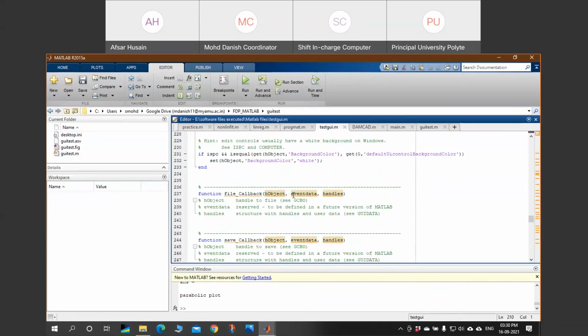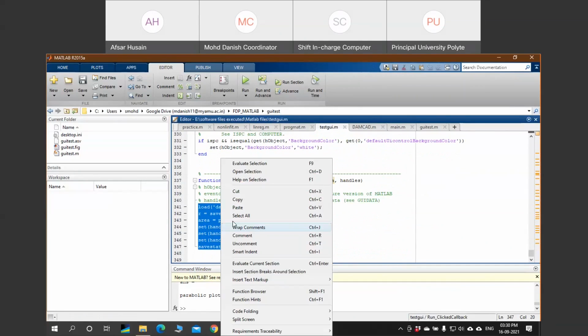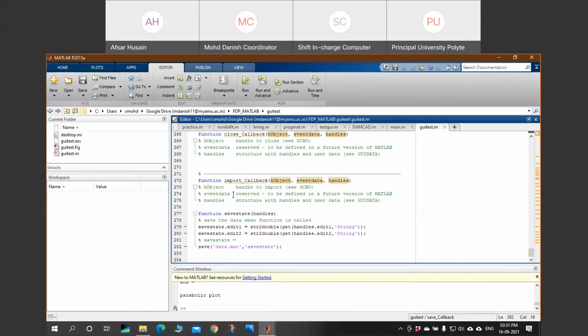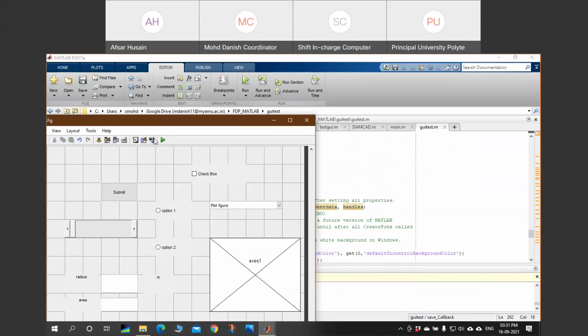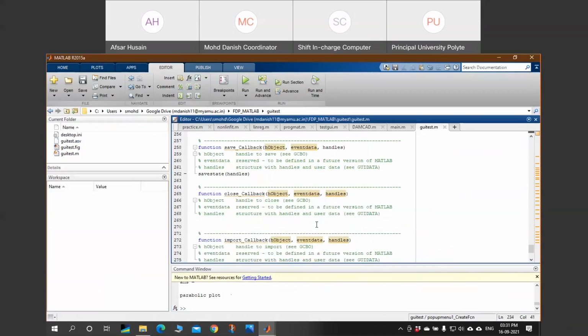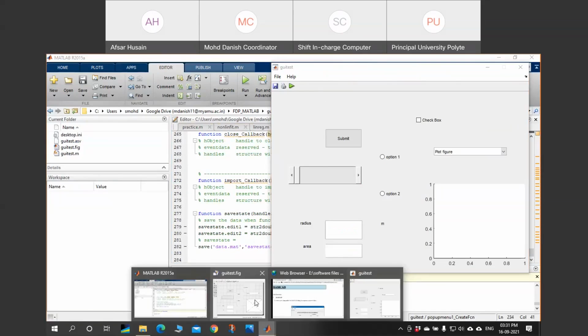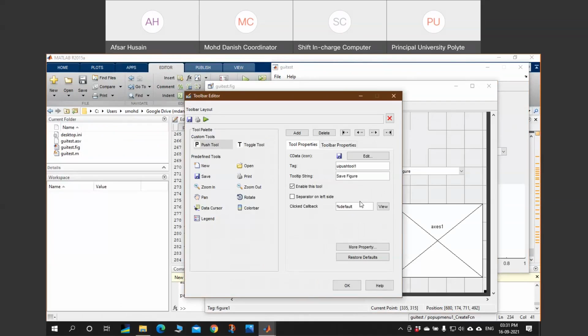Let me also copy the run. So go to run. Here you can see there is no callback function associated with this run.